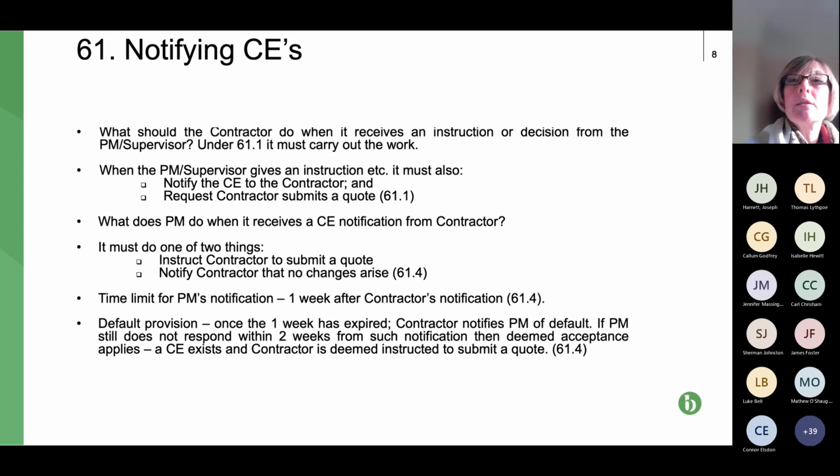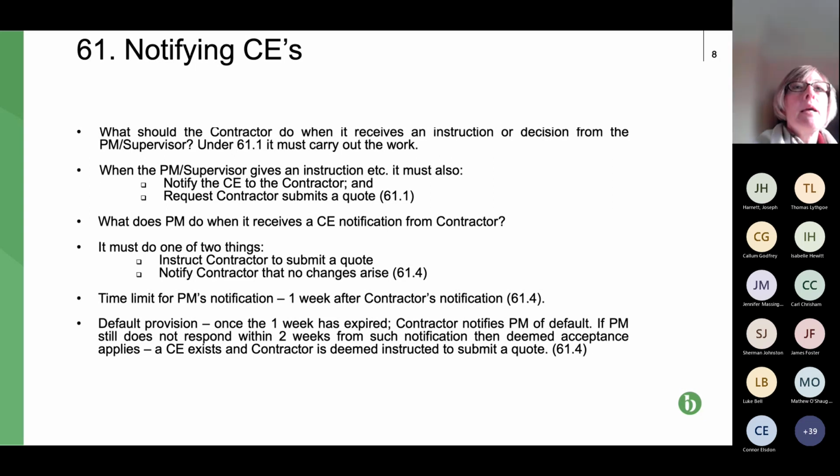But obviously, contractor or subcontractor may disagree with that. There may be a dispute. Is this a CE or isn't it? So what would the contractor or subcontractor do in that scenario? Well, my suggestion would be, you can do one of two things. The first is you approach the project manager to try and have a discussion, write to the project manager, try and get some discussion going about why they don't think it's a CE, and try to persuade the project manager that actually it is a CE.